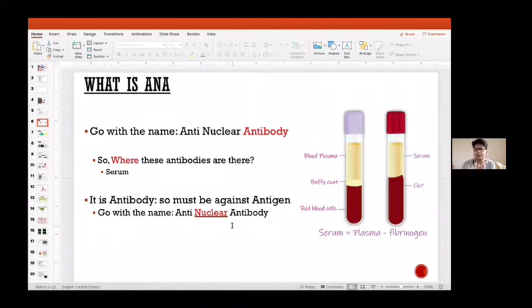And now in your practice, if someone asks you to send ANA for this patient, you are very sure that okay, I have to take a plain tube, let the blood clot, and that serum will be utilized for the patient's ANA test. So it is a very simple thing to collect. So many times you have collected this serum, but we have not ordered ANA if it is not available.